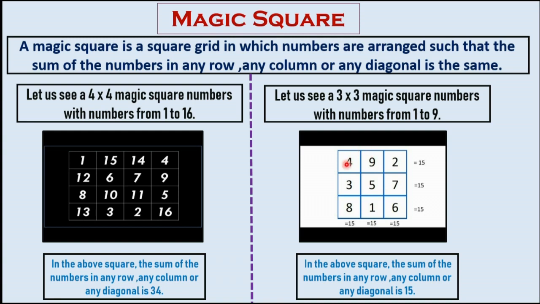Like that way. Just take the first row. Add the numbers in the first row. 4 plus 9, 13, 13 plus 2, 15. Like that way, if you add these numbers, the answer will be 15. Now see diagonally. Diagonally, the sum of the numbers will also be 15. Now see how? 4 plus 5, 9, 9 plus 6, 15. If you add this side also, the result will be what? 15.